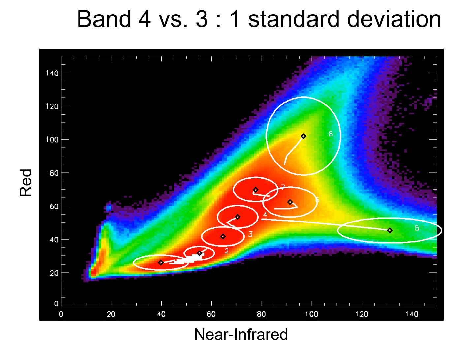And then the circle shows you 2 standard deviations. I'm sorry, 1 standard deviation for the pixels associated with that particular cluster. And so you can imagine, even though you don't have the larger number of standard deviations, that that cluster includes all the areas to the right and up from there,